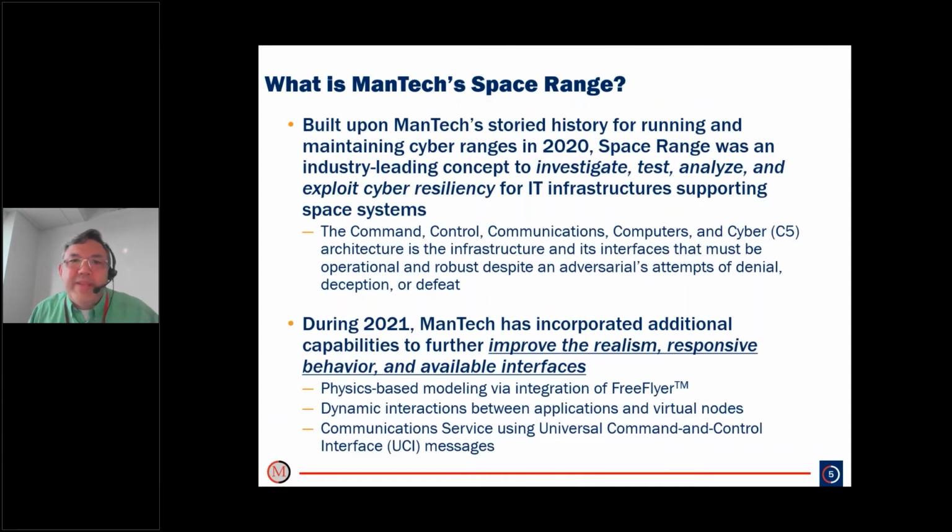So what is ManTech Space Range? You've probably heard of many cyber ranges, or virtual physical environments, before. ManTech started its capabilities based on this cyber range. It was built originally to investigate, test, analyze, and exploit cyber resiliency, specifically for information technology infrastructures. But the space range aspect was to allow it to support space systems. So with space range, we